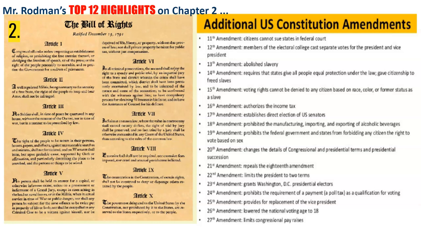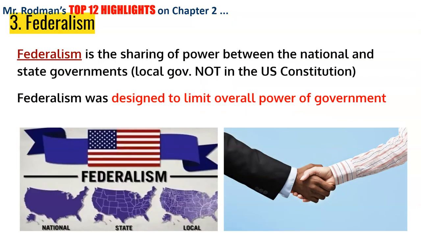Let's move on to item number 3, which is this idea of federalism, the sharing of power between national and state governments. Now remember, the idea here was a sharing of power designed to limit national government. They were enumerating or spelling out the rights that the national government had, and that was by design in order to limit their power. If they didn't have something spelled out as a power that they held, then it wasn't a power they could have. It was reserved to the states, and if the state didn't hold that power, then it was reserved to the people. And this idea of federalism was designed to give the national government more power, but limited in nature in that the power was enumerated, that power was spelled out.